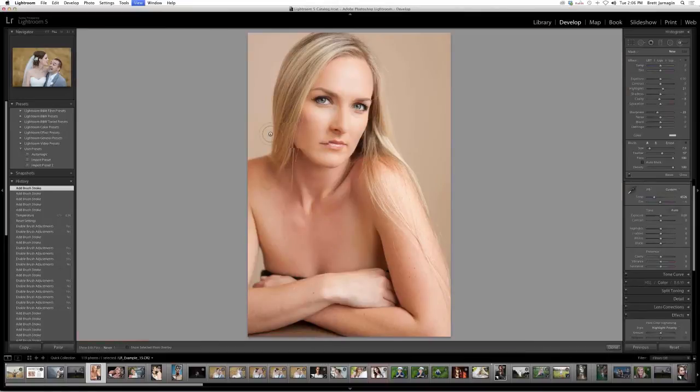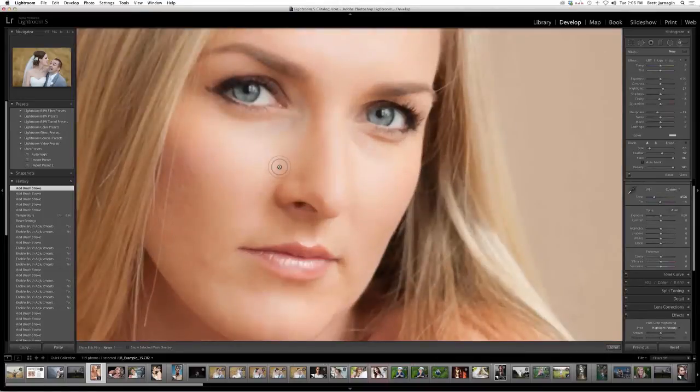Now, most of these I tried to set up to where you're not going to need to adjust the density or the flow too often, but of course, there's going to be times when you do, depending on the image. So I'm going to paint this on here. If you feel like it's not enough, then you can click New and add a new one. If you feel like it's too much, there's two ways to go about it. You can either